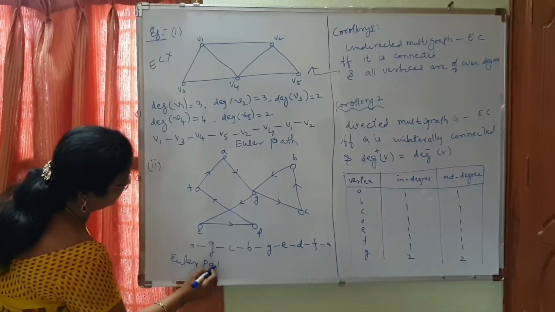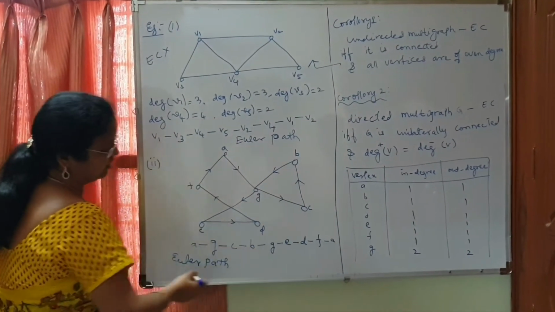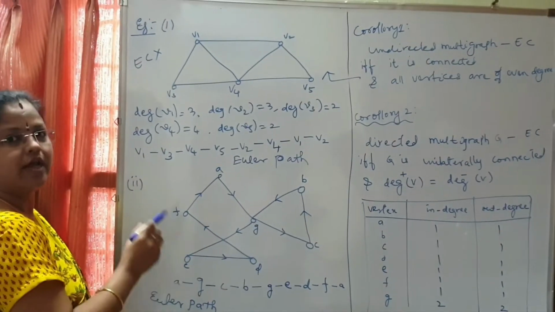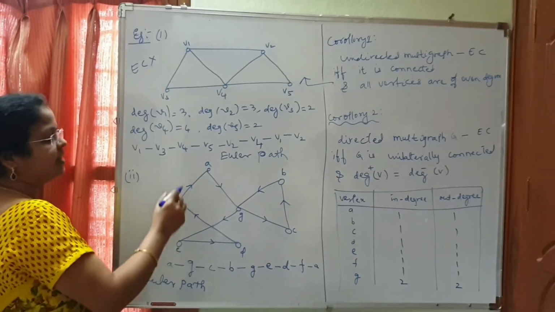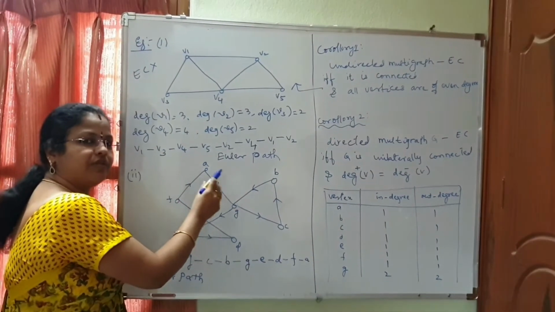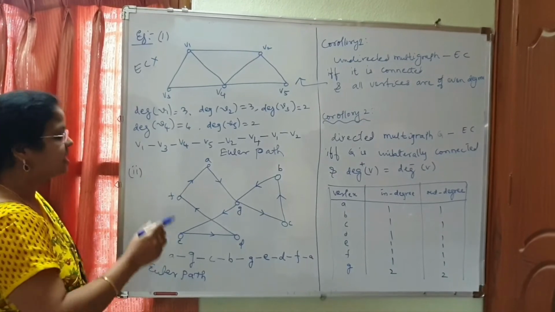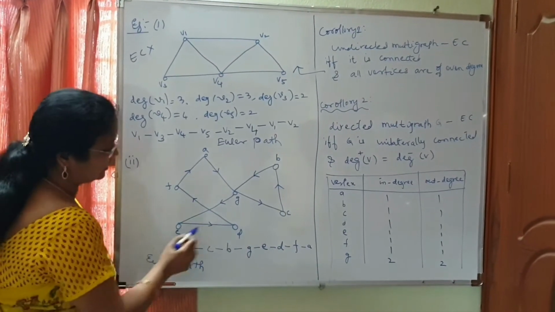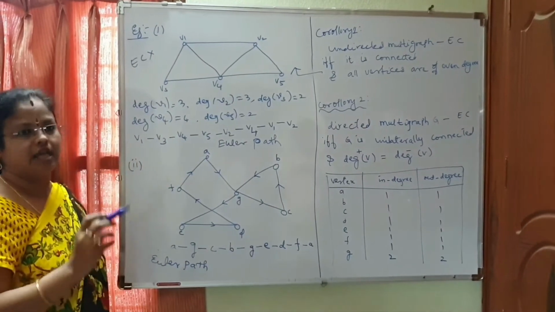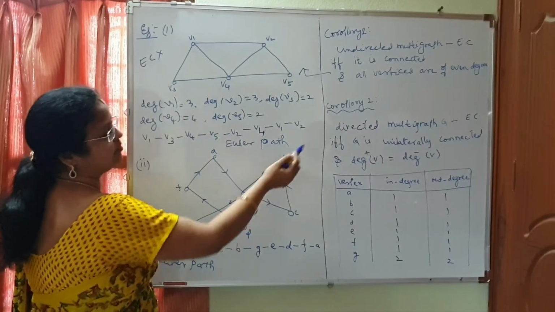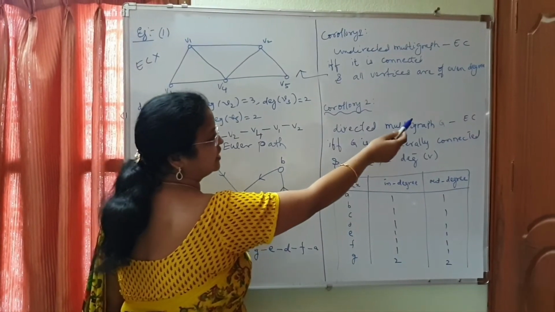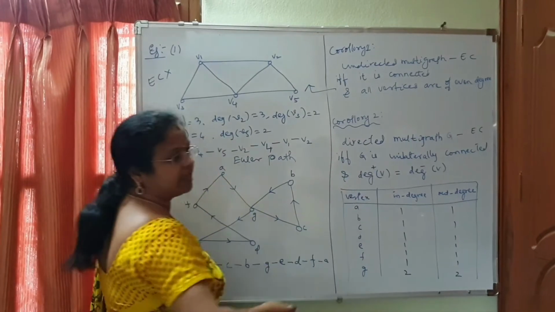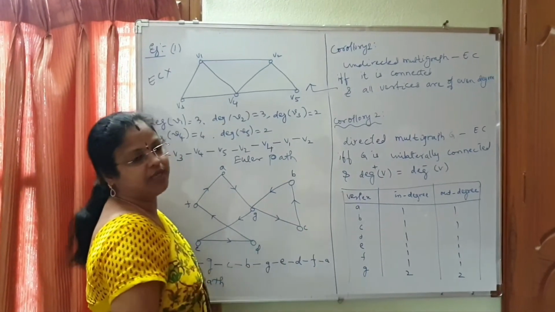Now if you observe clearly in this directed graph, we are crossing each edge exactly once and we are intersecting every vertex at least once. And in this Euler path, the initial vertex and the terminal vertex are the same. Using that corollary, an undirected multigraph is said to be an Eulerian graph if and only if it is unilaterally connected and the in degree and out degree must be the same.